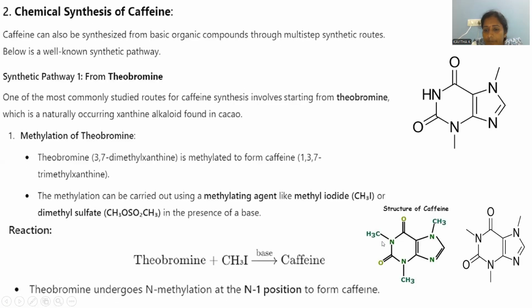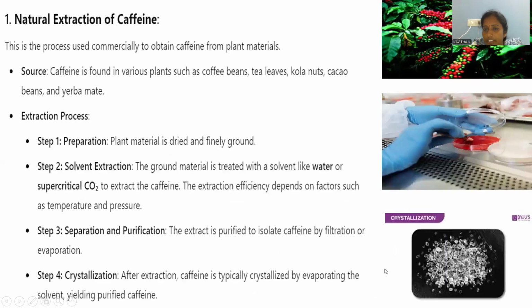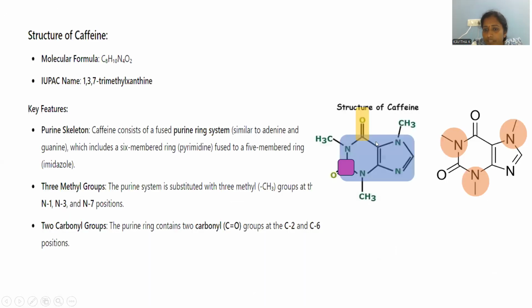If these three methyl groups are not present, that core structure is regarded as xanthine. Let me show a clear view. Whatever blue shade you are observing here, the blue shade particularly denotes the xanthine part in our caffeine. So this xanthine starting material we have to take. Whenever this blue shaded part is taken and subjected to methylation,